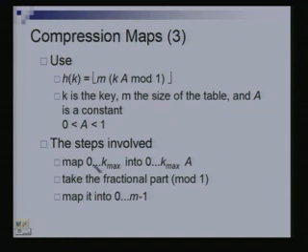I'll repeat this. You first took your key, multiplied it by a, where a is some number between 0 and 1. Then from what you got, you took the fractional part of that number, which is again something between 0 and 1, and then you rounded it down. So this is another popular compression map. You could have done something different also here. You could have, for instance, just taken this and mapped it to 0 through m minus 1 directly, although it's not clear how you would do it, perhaps divide by m or some such thing. So this is one popular way of doing things.